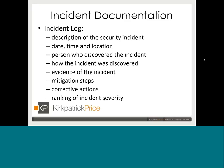So as I mentioned, with respect to policies, we need to require incident documentation. We need to identify the timeframes for completing that incident documentation. Completing that documentation may not be appropriate while an investigation is ongoing. I want to acknowledge that, but more broadly, to just require that an incident log be